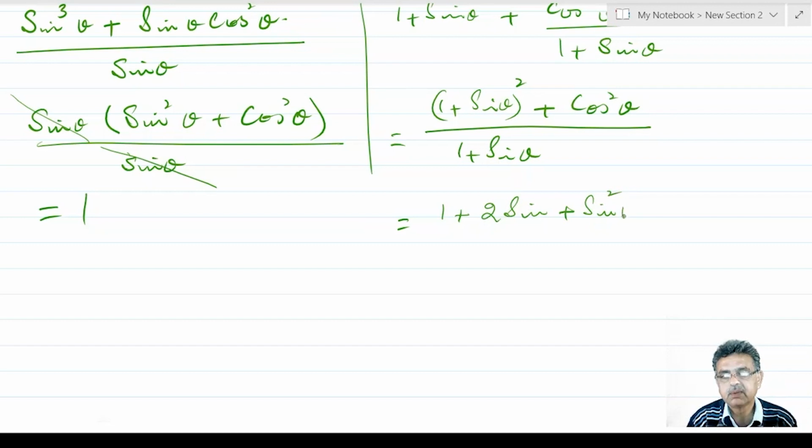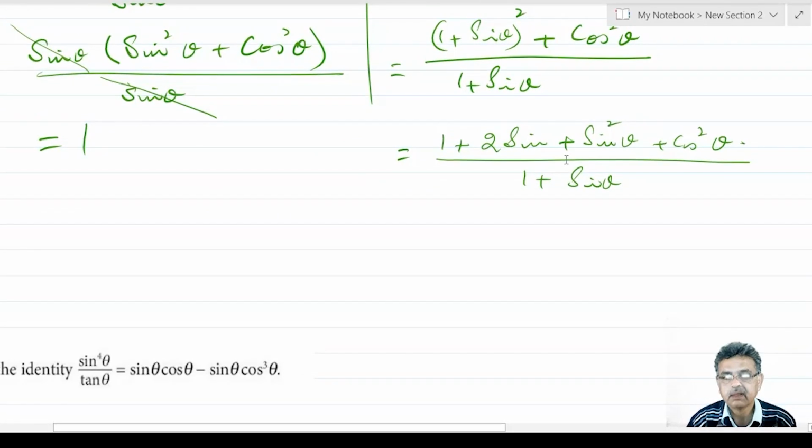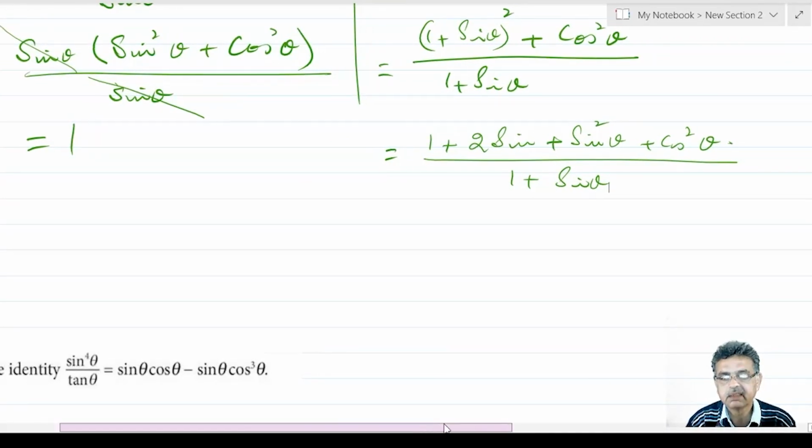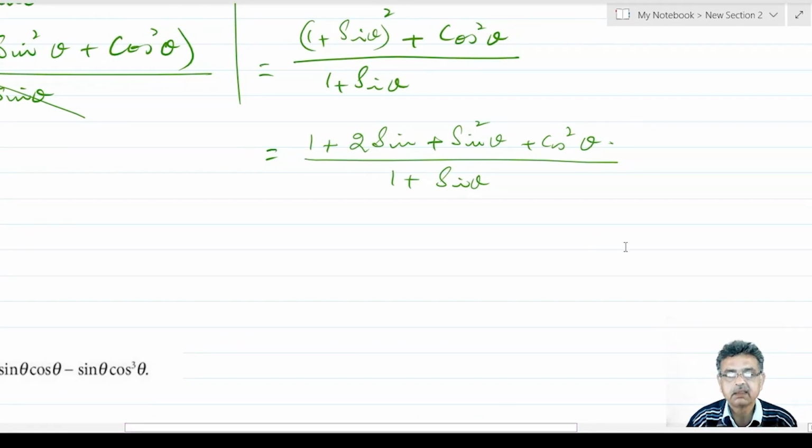This is the a plus b whole square identity, plus cos square theta over 1 plus sin theta. Now once again, if we apply that identity, then this will be